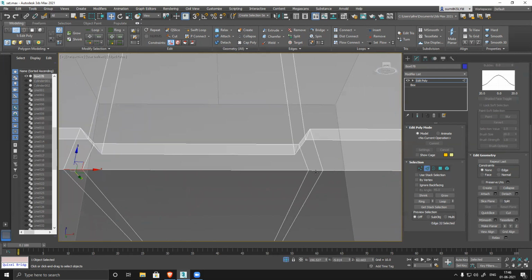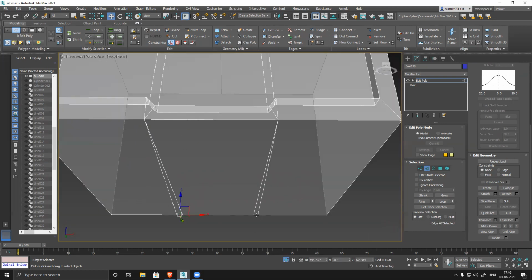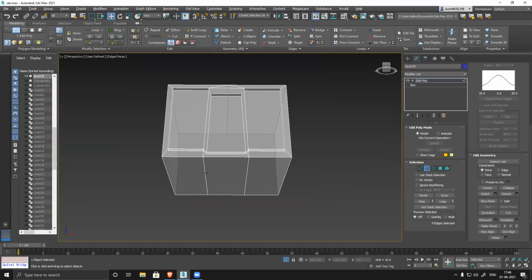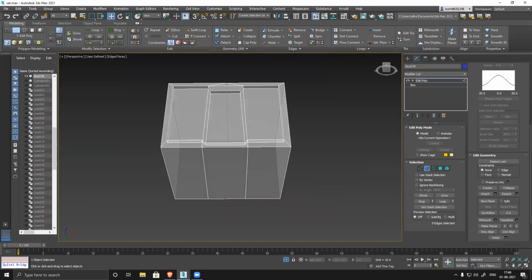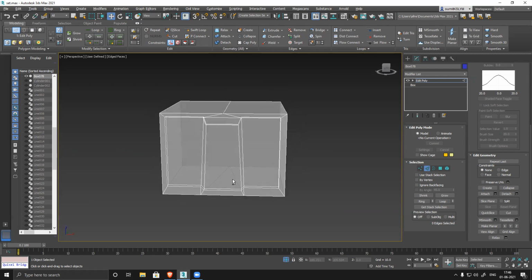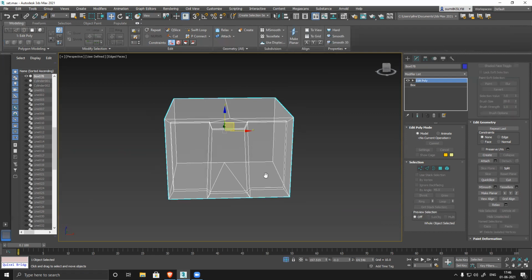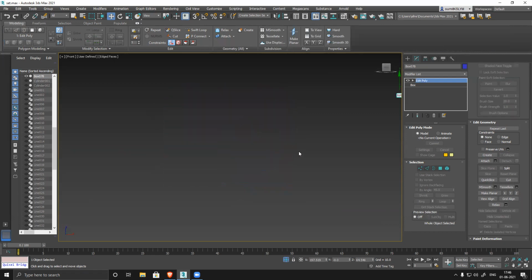This one and this one collapse. This one and this one collapse. If I want, I can collapse this also to optimize even further. But you can see now it looks perfectly clean. No unwanted edges, nothing. It's all clean. It's a basic box, very simple model.